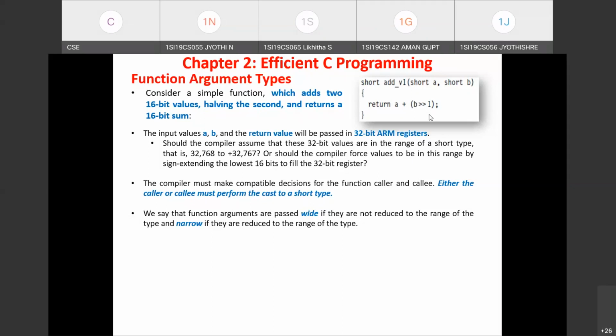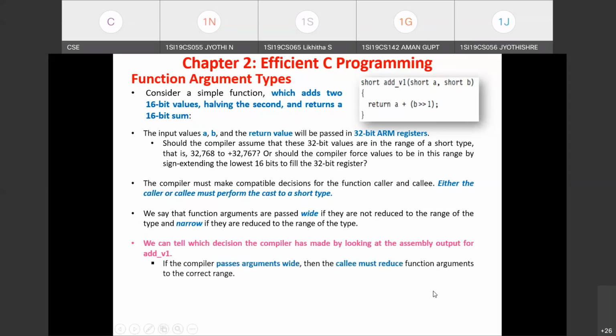So that decision the compiler has taken, we can easily tell by looking into the assembly code. These are the possibilities.